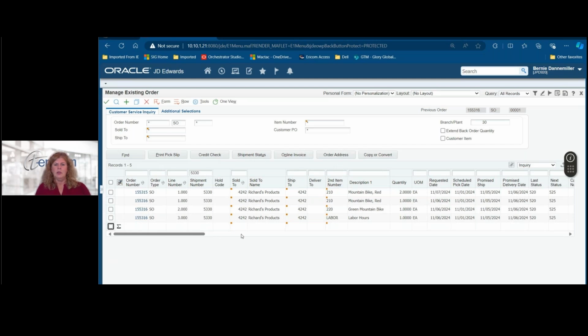All right, so let's start talking about approvals. One of the places that I tend to find there's a little bit of confusion about is, when is customer service done working with a sales order, and when is it okay for the warehouse to have visibility to it? So what I'm going to do is grab this shipment number,